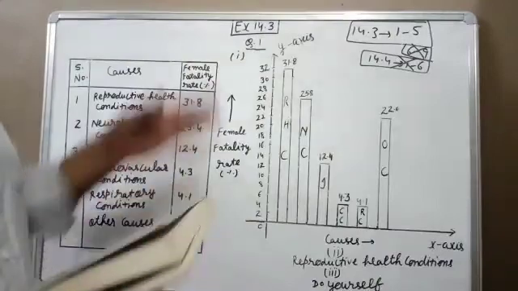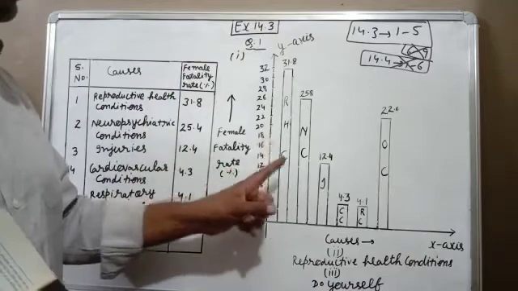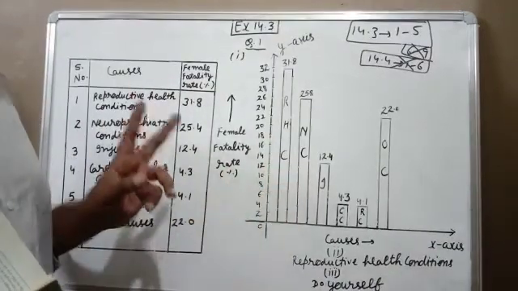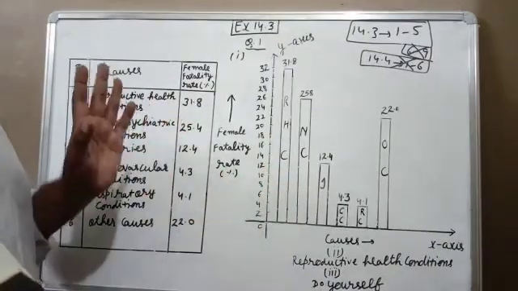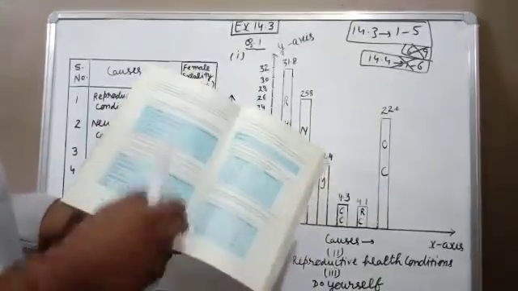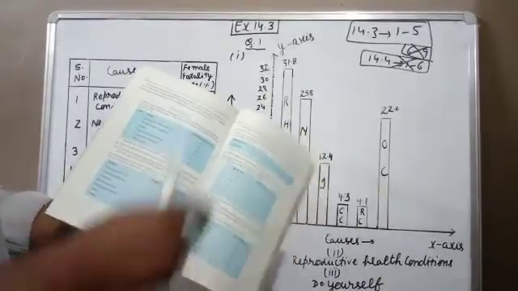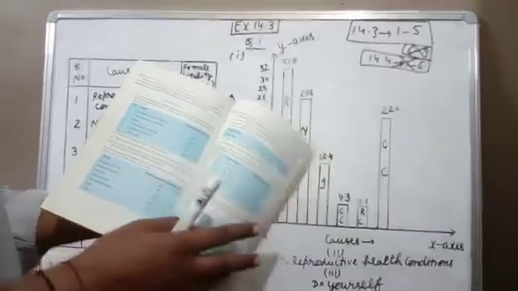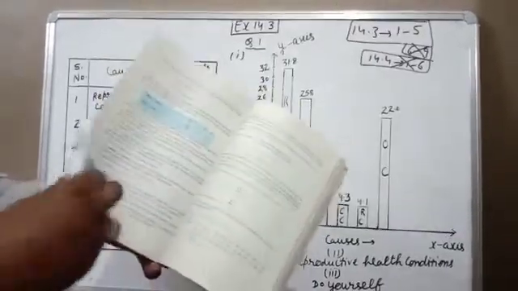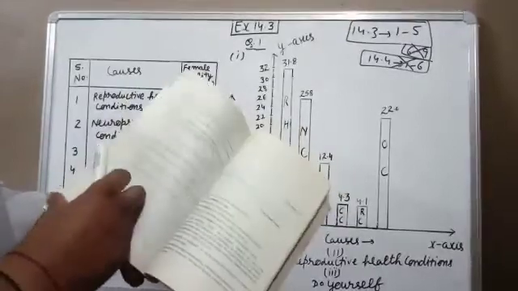In this exercise we will study two types of graph. First is the bar graph. In a bar graph we draw rectangles with gaps. Second is the histogram. So let us discuss the first question. The first 3 questions are of bar graph. Questions 4 and 5 are of histogram. So only these 5 questions are in the syllabus, and questions 6 to 9 are not in the syllabus. Also this last exercise 14.4 is not in the syllabus.